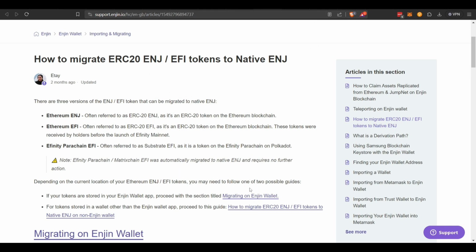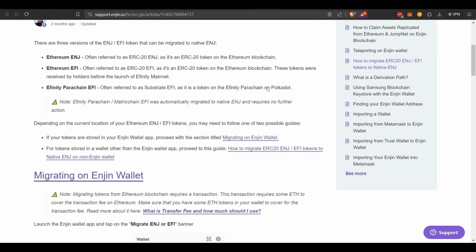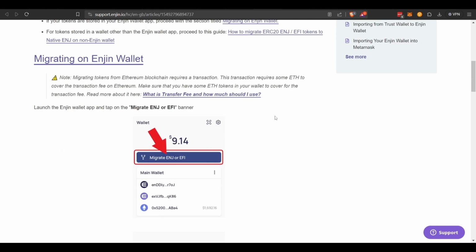So let's say I had some ENJ tokens in MetaMask on Ethereum or on some other wallet. Not an exchange. You won't be doing this migration from an exchange. You're going to need to get those off an exchange and put them in a wallet, the ENJ wallet. And then you come over here and it's fairly straightforward. So once you transfer those ENJ tokens over to the Ethereum network in the ENJ wallet, then once